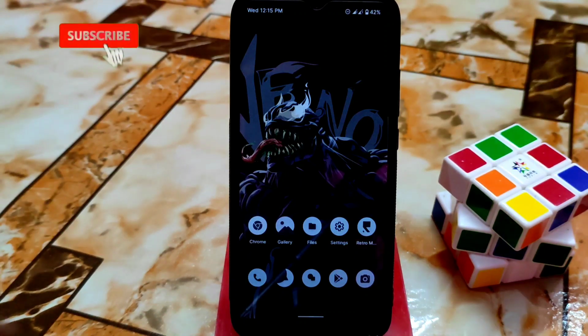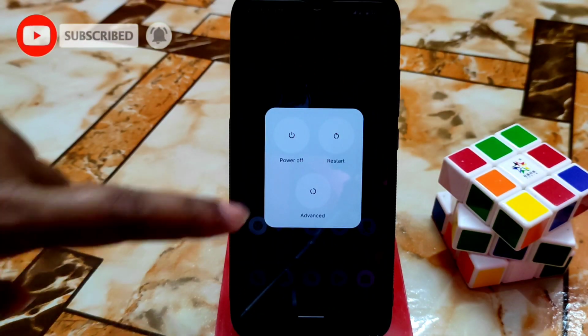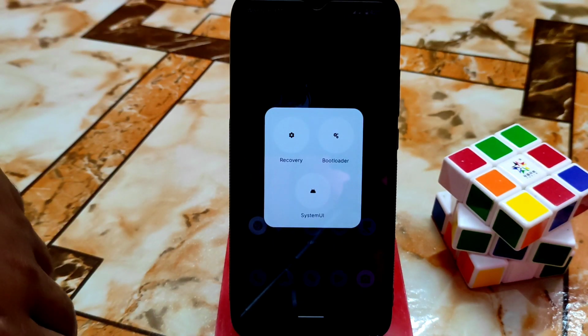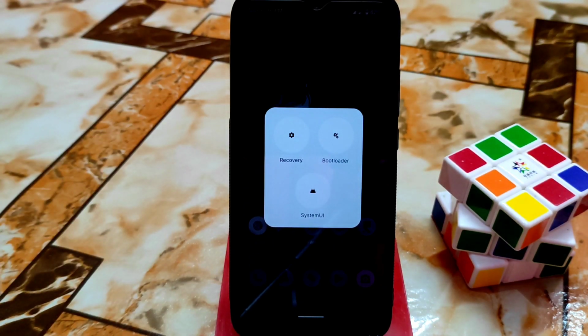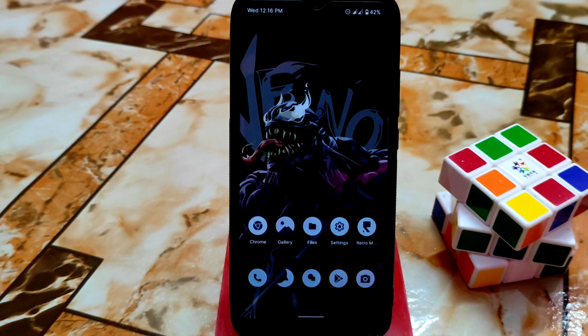And let me show you the power menu. Here we have an advanced feature as well. So this is the power menu, which I personally don't like so much, so I need to change it, and I will change it. So without further delay, let's get started and see how we can change the power menu